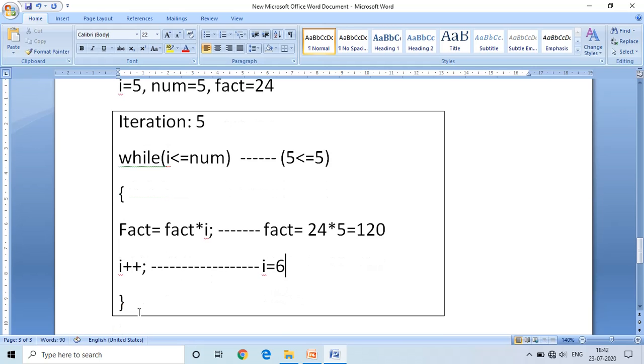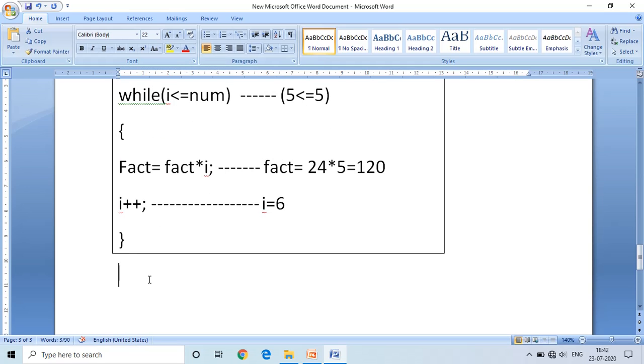At the end of the while loop, the control transfers to the beginning of the while loop. After the fifth iteration, the variable values are I is equal to 6, num value is 5 only, fact is equal to 120.